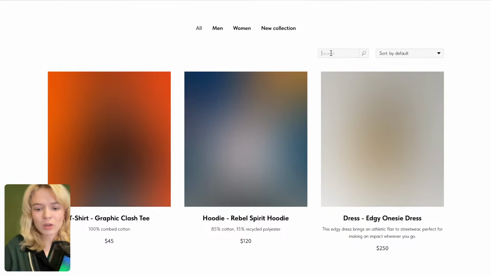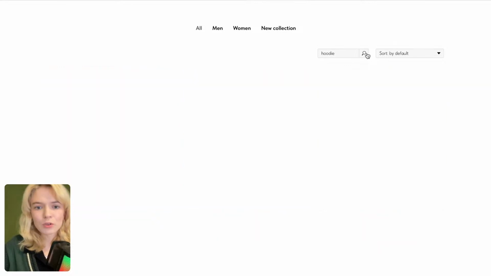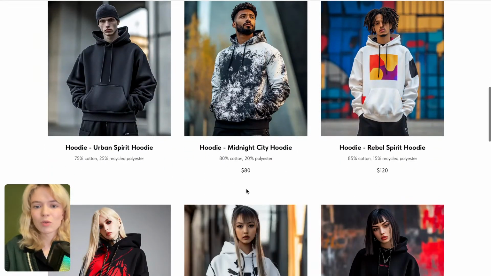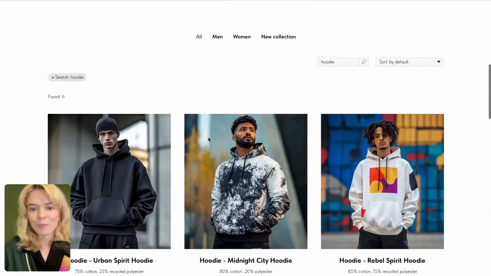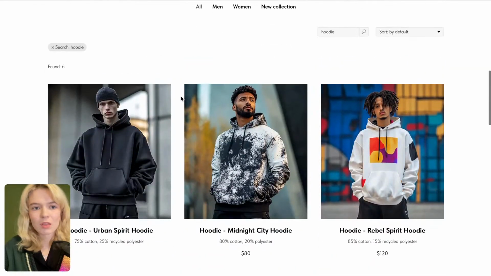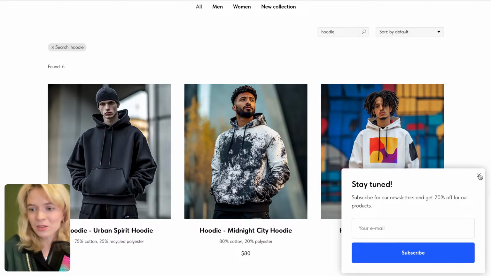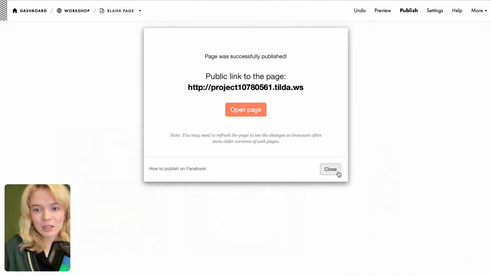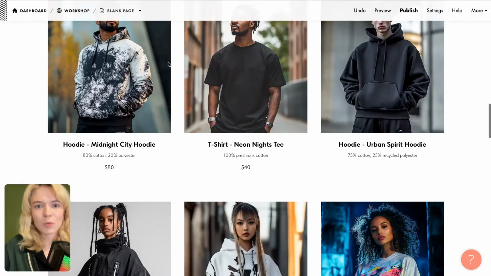So for example, you're looking for a hoodie, just for any type of hoodies. So you search for it, and here you have all of the items that are basically hoodies. Okay, and you see the 20 seconds passed and the pop-up appeared right here. It is good, and we will customize it a bit later. Awesome. So now what else do we need to do? So we need to